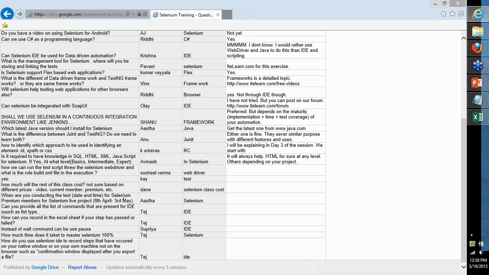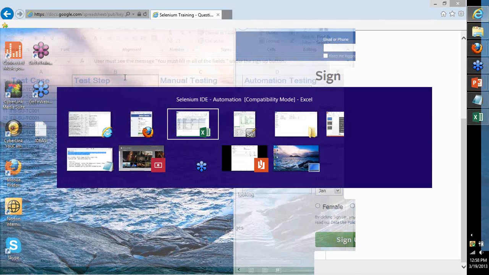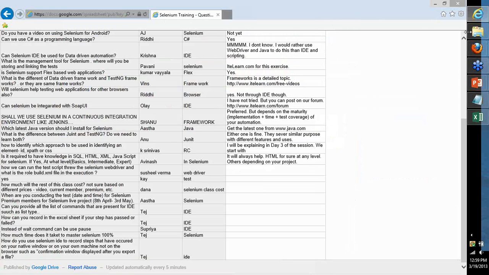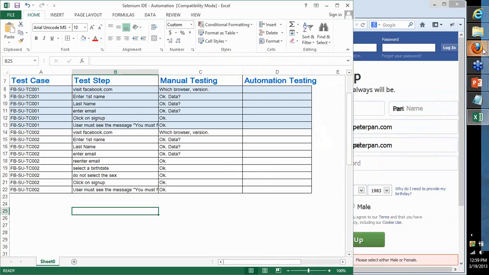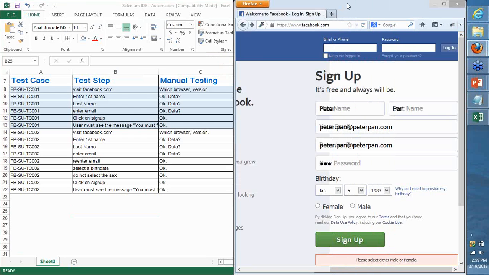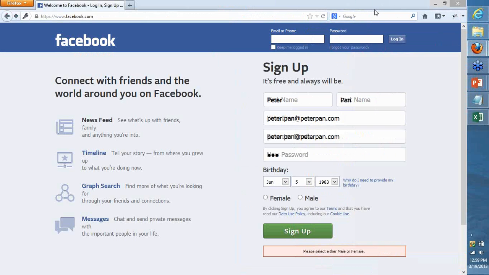Can you provide all the list of commands that are present for IDE, such as list type? So Tej, here is my recommendation. I can absolutely provide this. You can also go to seleniumhq.org and look at it yourself. I want you to do a little bit of hard work on these things, because it will really help you. If you go to